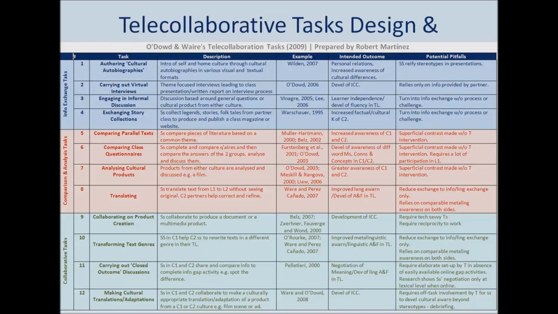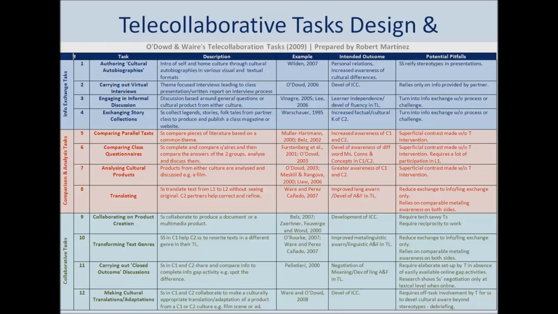For example, why am I saying this? Basically because, for instance, tasks for the project in O'Dowd and Ware 2009 were given from different sets. For instance, tasks for the project could all be from the given information tasks set, where there are 4 possible tasks, as you can see in the table. So task number 1, authoring cultural autobiographies, carrying out virtual interviews, engaging in informal discussion, exchanging story collections,